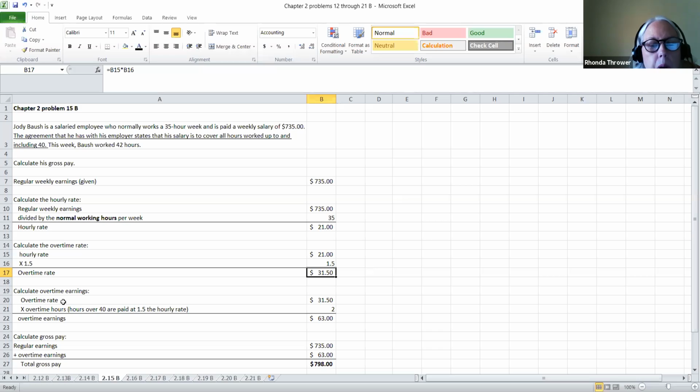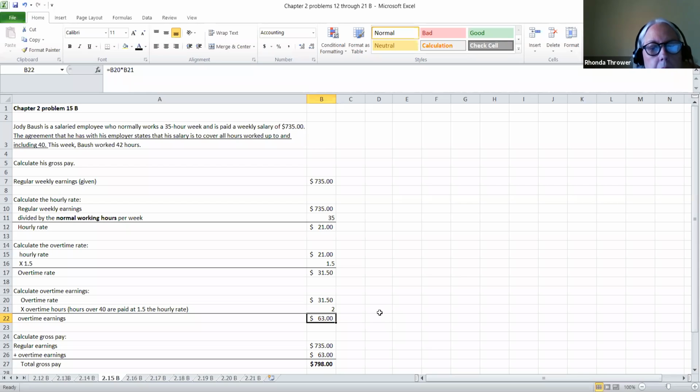The overtime earnings are the overtime rate, which was $31.50, times 2 hours. Because this employee worked 42 hours, 2 hours are above 40 hours. So these 2 hours are paid at 1.5 times the rate. So these are the overtime earnings